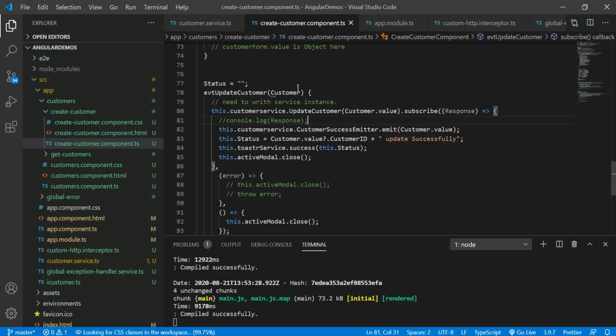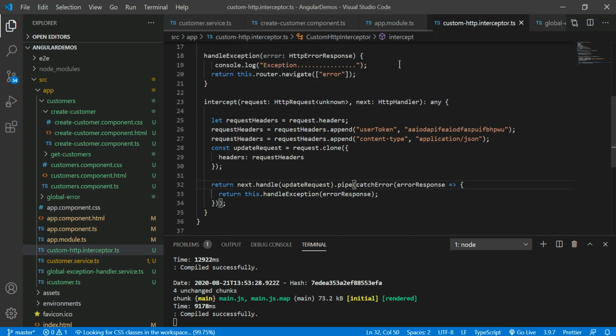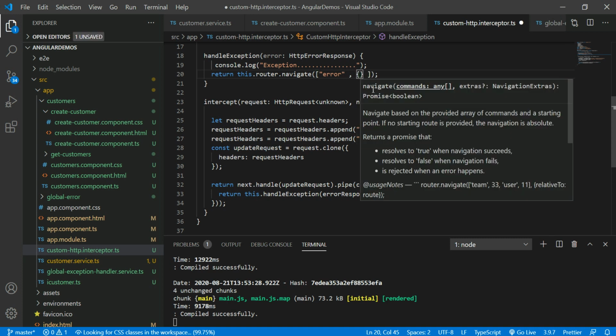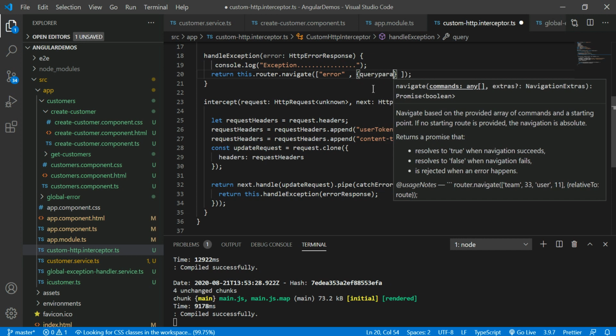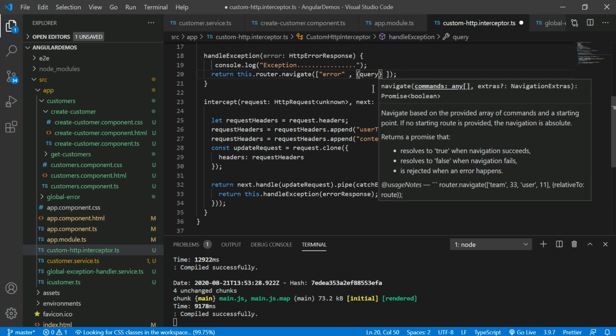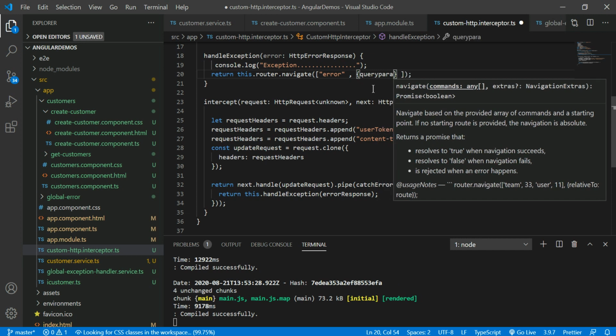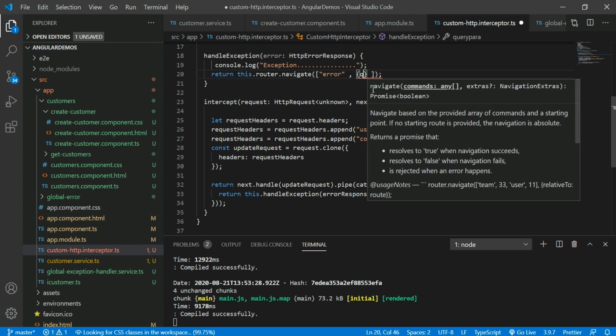I wanted to see which kind of error that is. Come to the interceptor again here. I need to pass which kind of message that is. Now come here and pass the message as query params. Query params is anyway part of Angular, part of the router method.